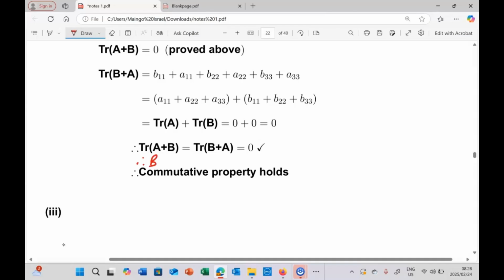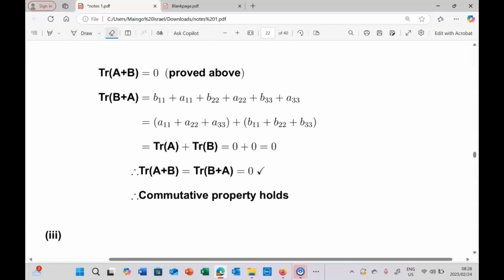No, not before we conclude the closure property. So now, this thing, trace of A plus B equals 0. This is proved above. We don't have a problem. We've proven this above. When we're dealing with the closure property